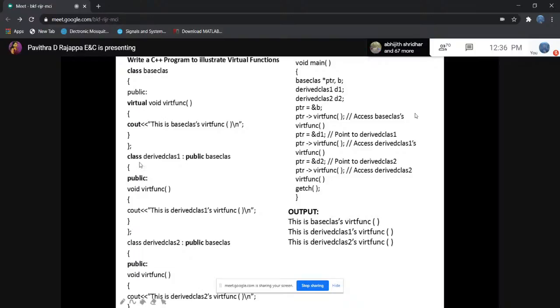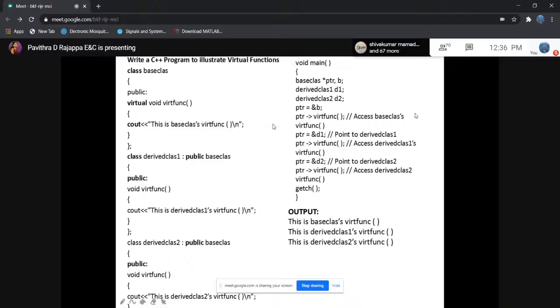So this is one base class, this is a derived class, and this is another derived class. In the other derived class also, in the public section, I have written void watch func. There also I am following the same function. Within the body of the function, I have written: this is derived class 2's watch function.